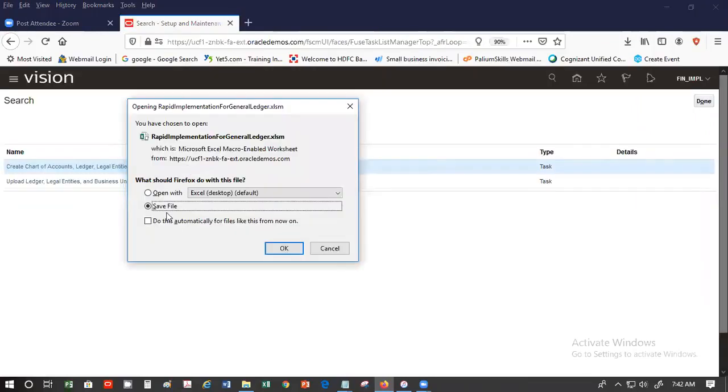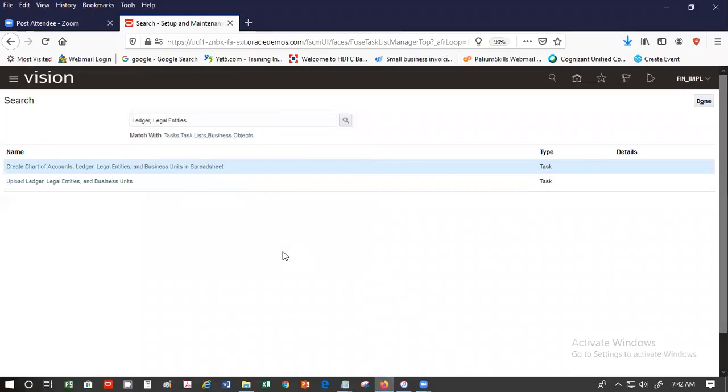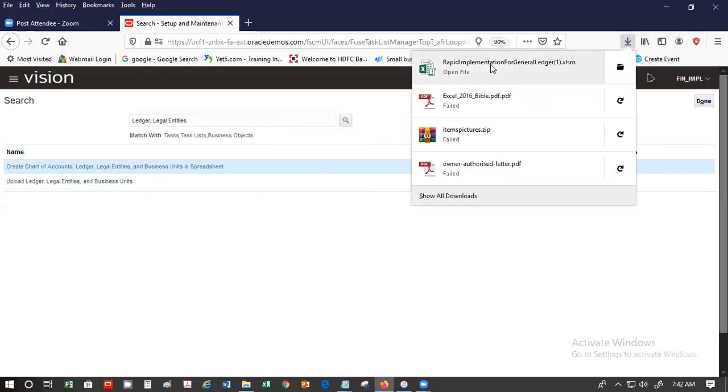So you click on this and you save this. This is the rapid implementation for general ledger. Save this. Once it's downloaded,